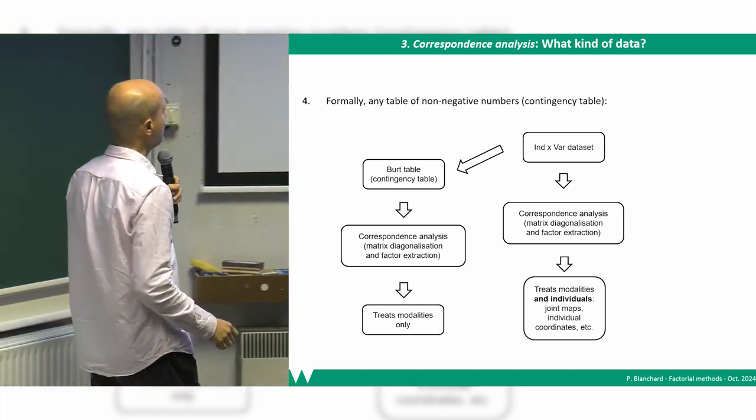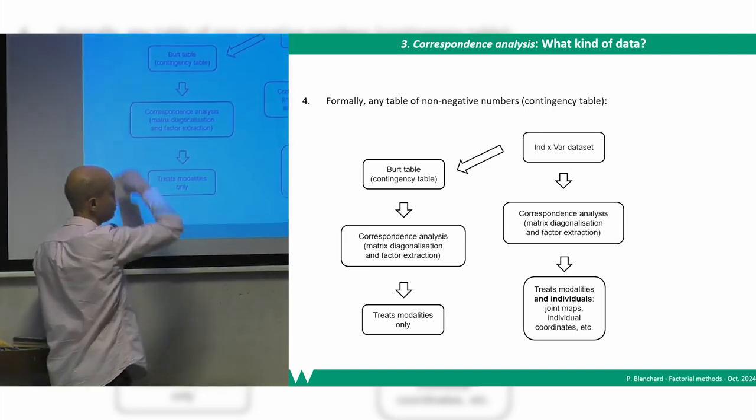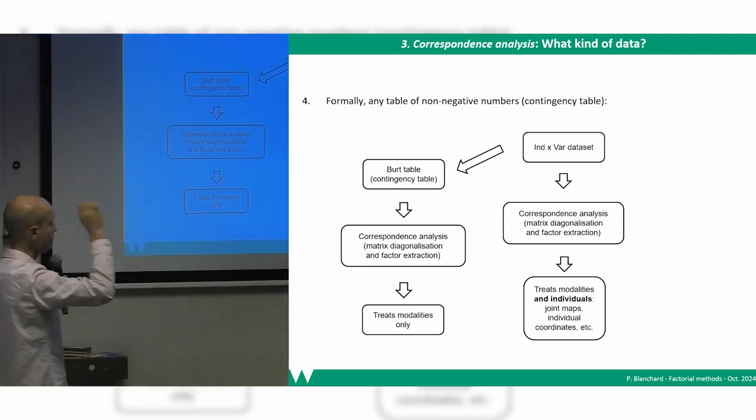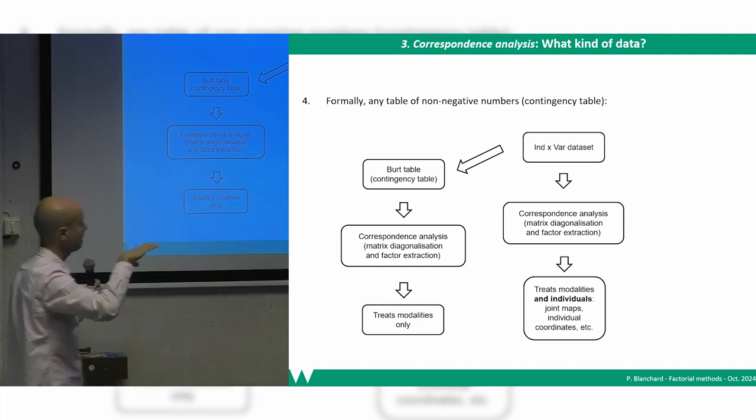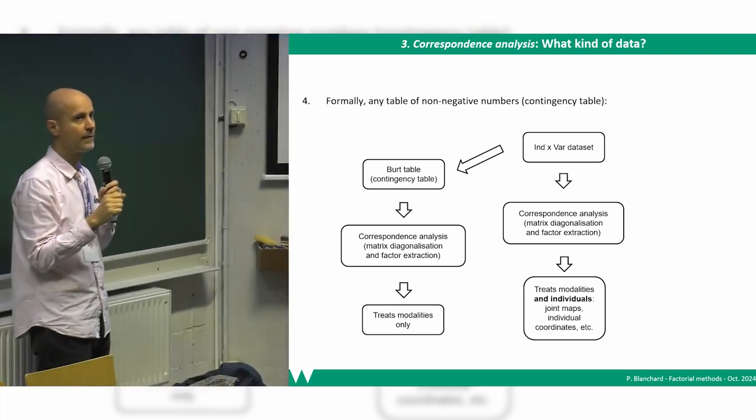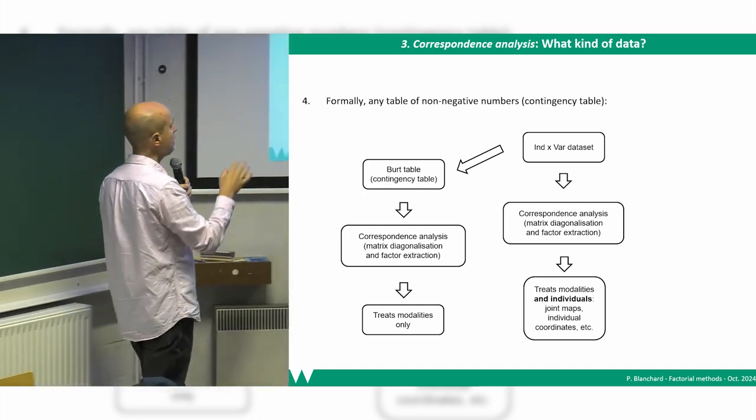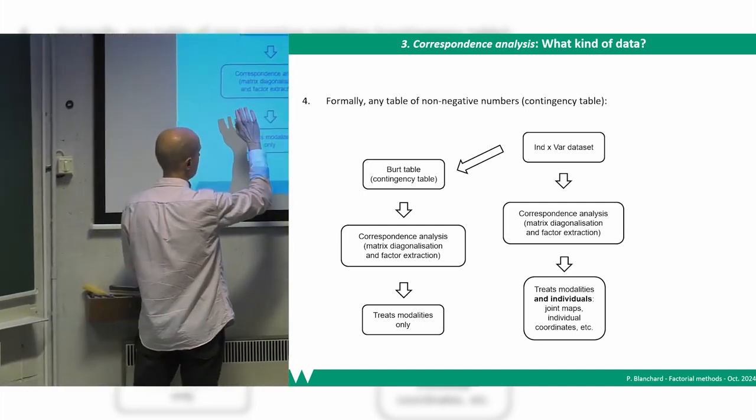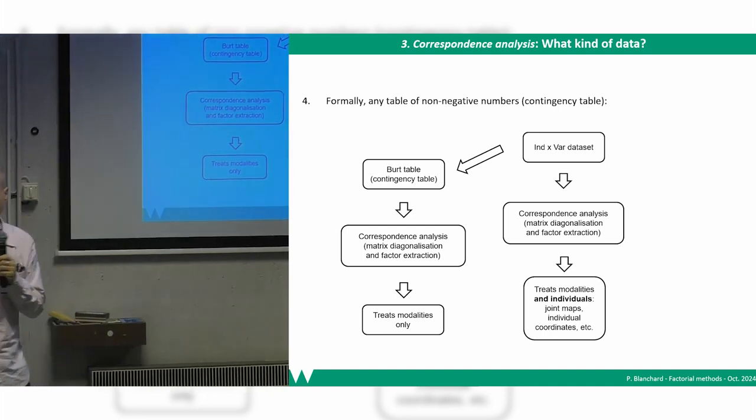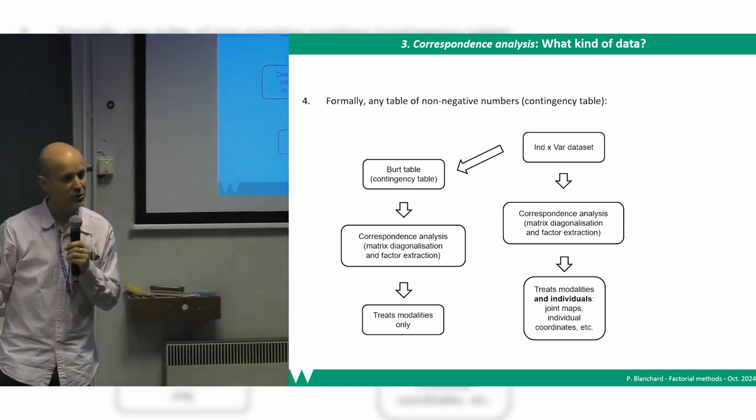You can start with a bird table, which is a cross-tabulation between two categorical variables, or you can work directly on your classical individual by variable data set. And the key mathematical concepts are matrix diagonalization and factor extraction. There used to be a manual approach to that,